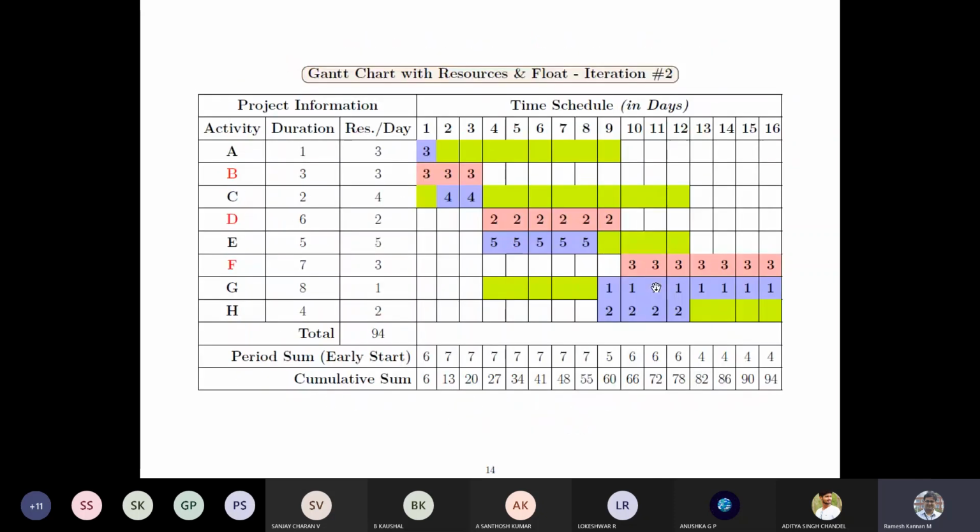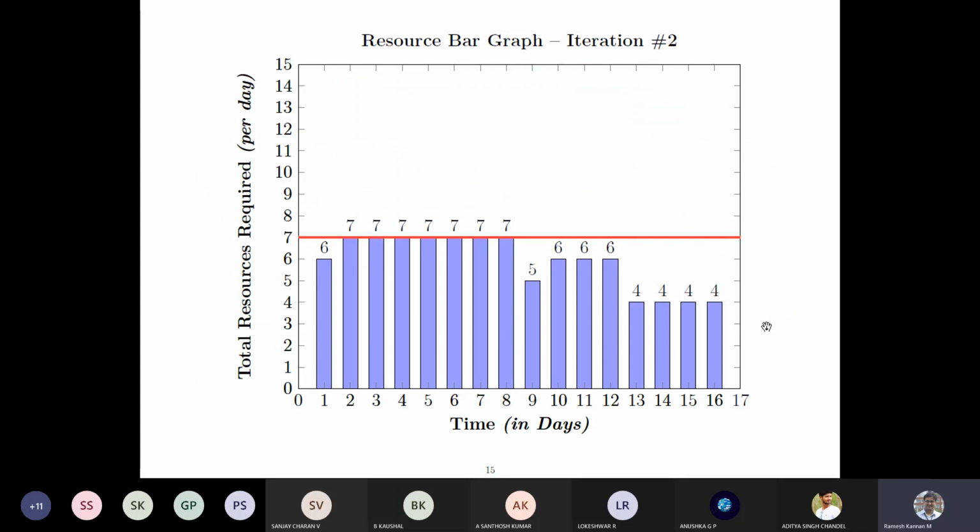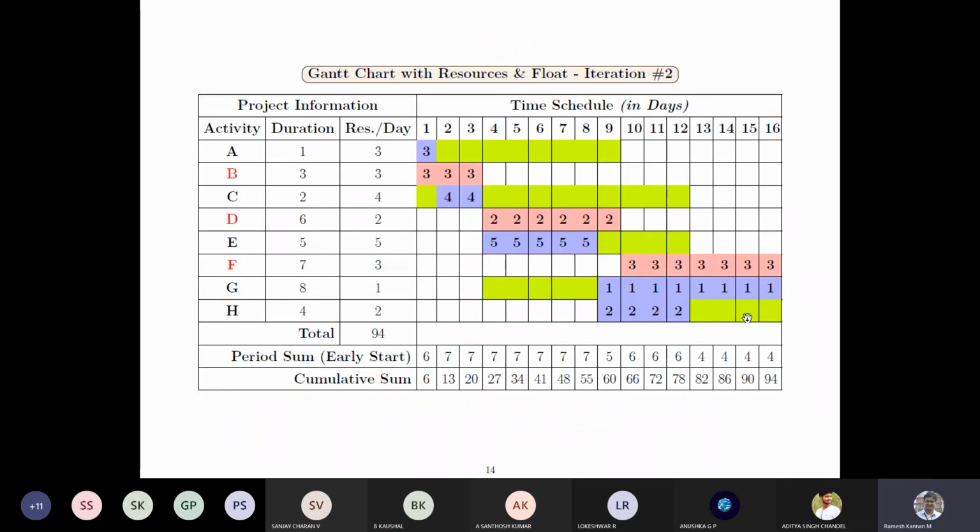So I've just moved that to some degree, so that this 2 plus 5 is 7, 2 plus 5 is 7, and finally 2 plus 2 plus 1 is 5, and it can be less than 7, that's not an issue, but it cannot be more than 7. So that's the logic. And finally 6, 6, 6, and 4, 4, 4, and finally everything got within the profile. So this is a typical iteration. And you can try moving with different things also, like you can move this to this end and see, to make everything smoother, you can do it manually.